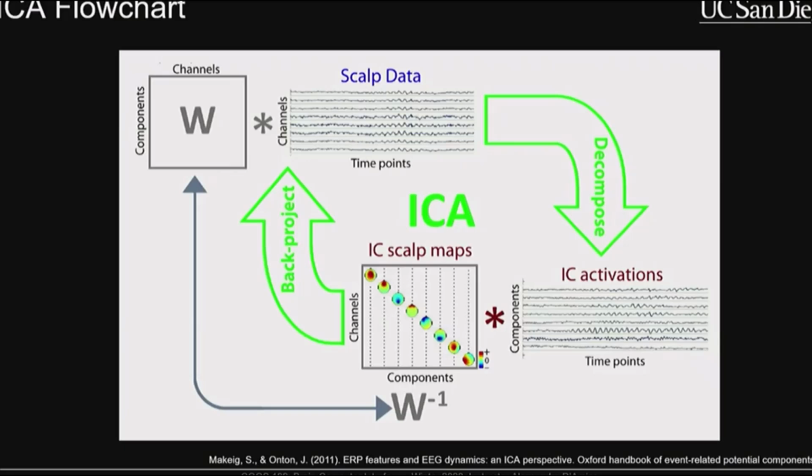But if you're doing movement stuff, one of the best algorithms for getting rid of that movement-related noise is ICA. That's what the Short Center uses with MoBILAB. I think they use some other stuff like SIFT, which also does some source localization, but we are definitely not going to talk about that in this